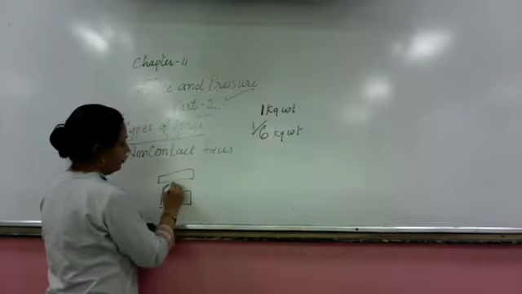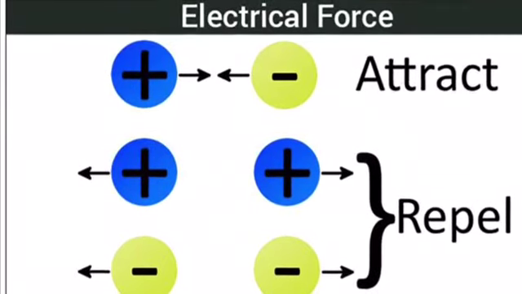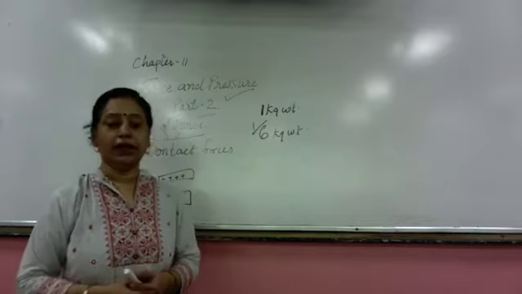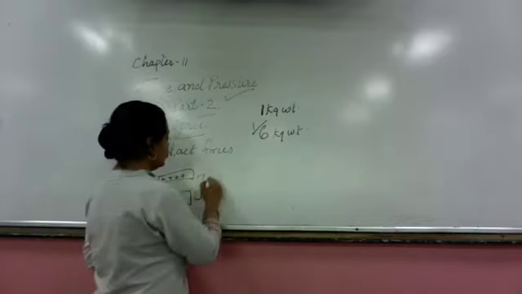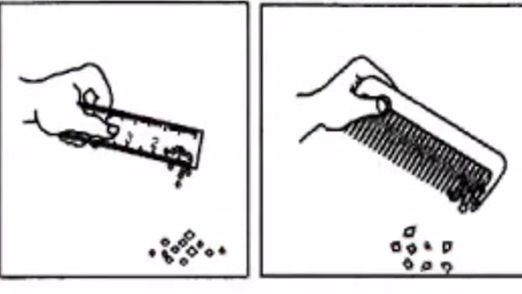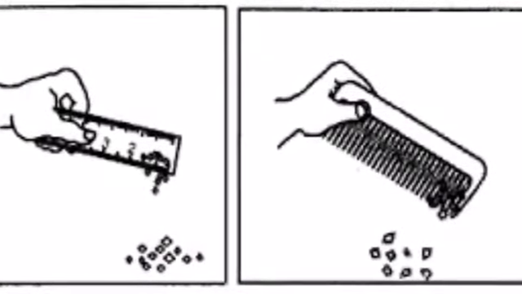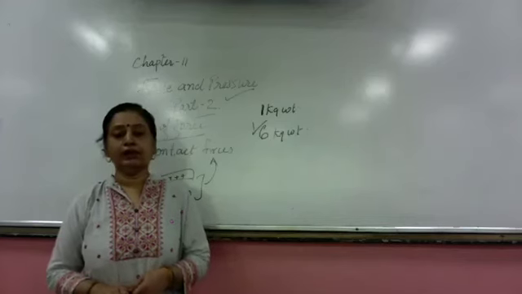When two charged objects are there, like charges repel each other and unlike charges attract each other. So this force is also applied from a distance. So we can say it is a non-contact force. Here are some examples of electrostatic force. A comb charged with dry hair attracts pieces of paper, and also a balloon rubbed against dry hair attracts pieces of paper. That's all in this session.